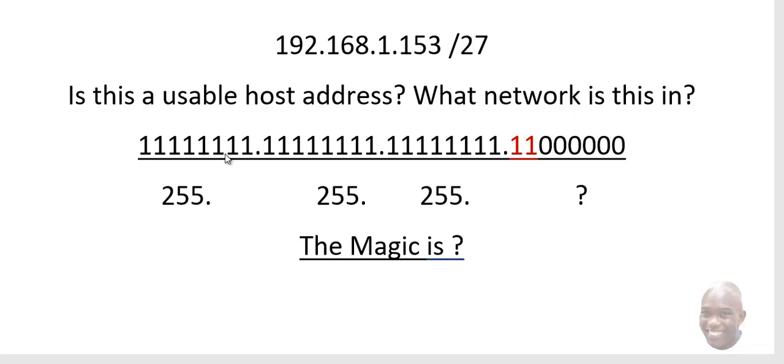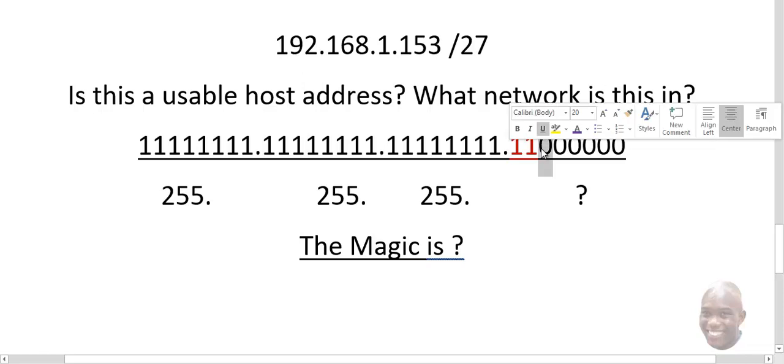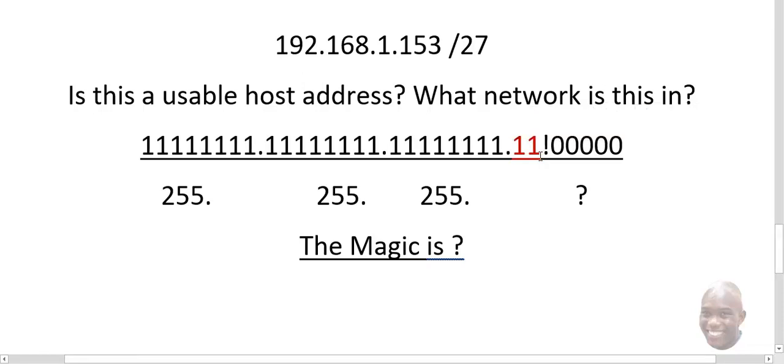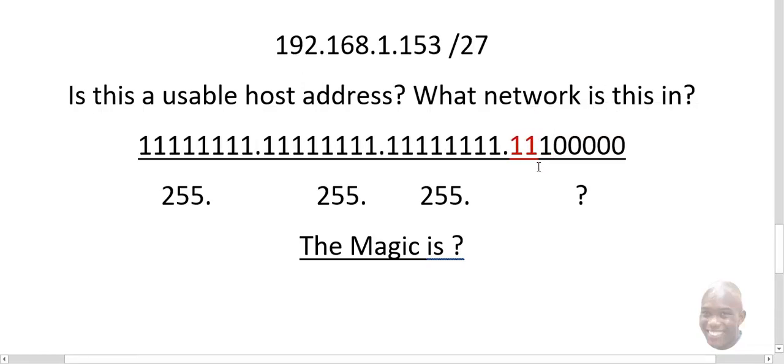As we continue our lesson on subnetting, here it is. We have an IP address of 192.168.1.153, and this time we're going to do a /27. We're going to borrow 3 bits, right? And in borrowing 3 bits, we have 1, 2, and we're going to borrow this other one here, which gives us now 3 borrowed bits on the whole side,